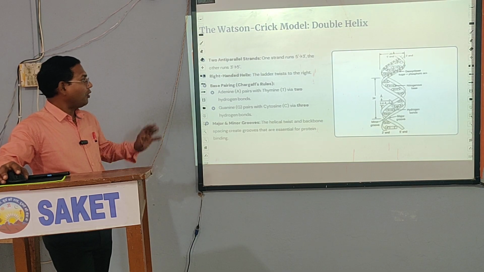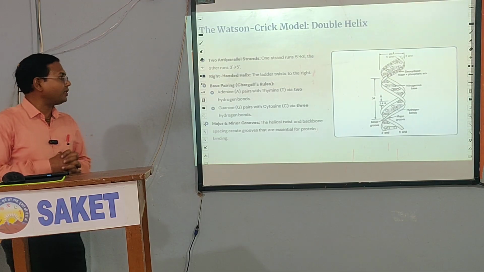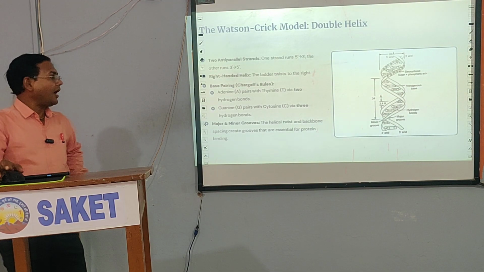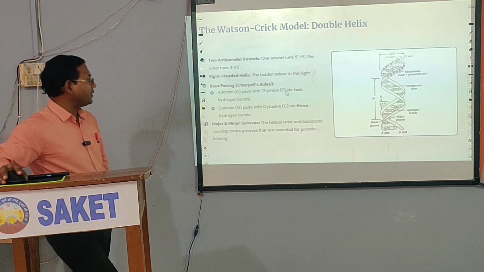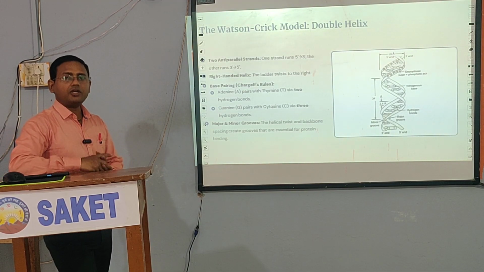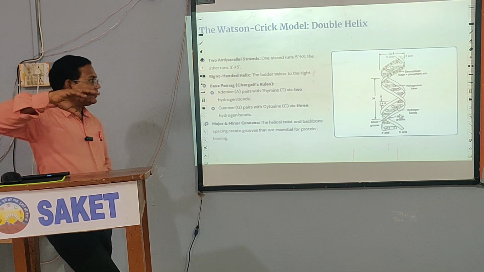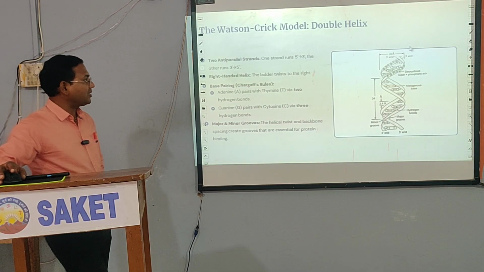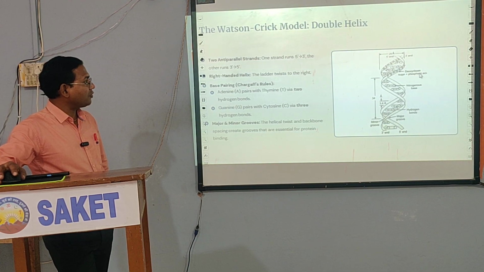Chargaff gave how the nitrogenous bases of the nucleotides are interconnected with hydrogen bonds. He suggested that adenine connects with thymine with 2 hydrogen bonds, and similarly guanine connects with cytosine with 3 hydrogen bonds. And when this polynucleotide is twisted in a ladder form, as we can see here, it forms these grooves. This is the bigger groove and this is the smaller one compared to this. So this is known as the major groove, and this is the narrow, minor groove.